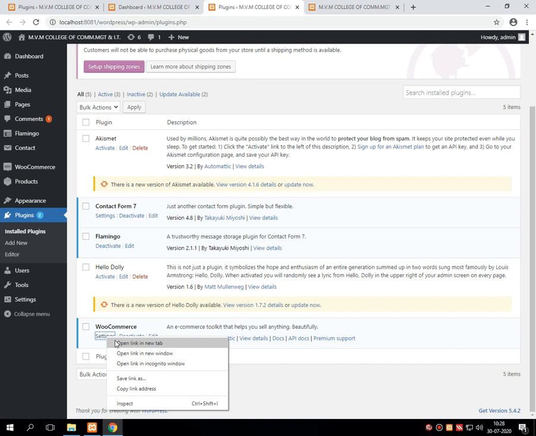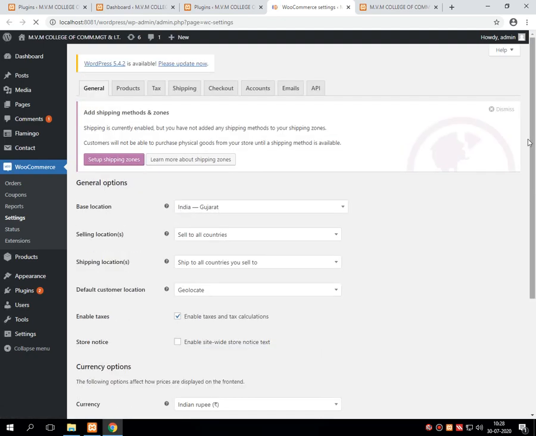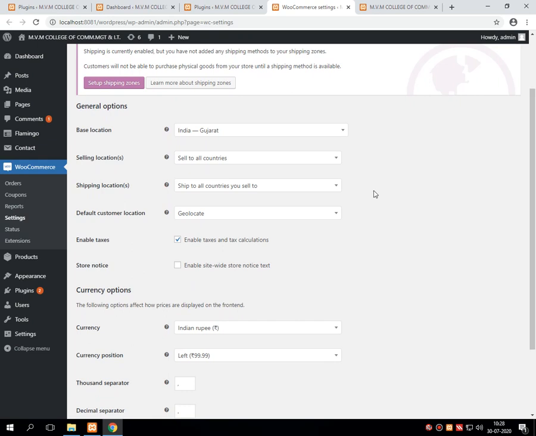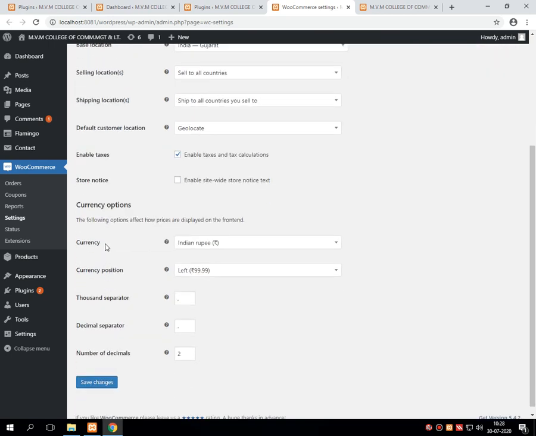Now in the settings of this plugin, we can see several sections for handling it, like the base location, selling location, shipping location, default customer location, taxes enable or disable, store notice, currency, position of the currency, thousand separator and decimal separator, which we can change if required.